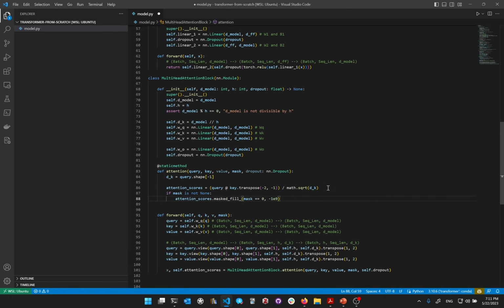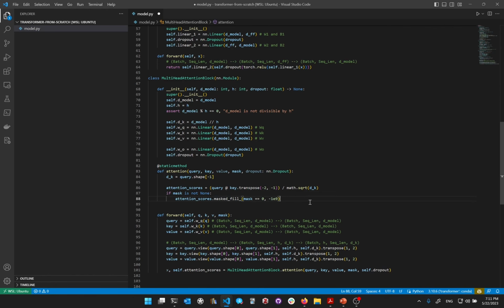This means basically replace all the values for which this statement is true with this value. Okay, the mask we will define in such a way that where this expression is true, we want it to be replaced by this. Later we will see also how we will build the mask. For now, just take it for granted that these are all the values that we don't want to have in